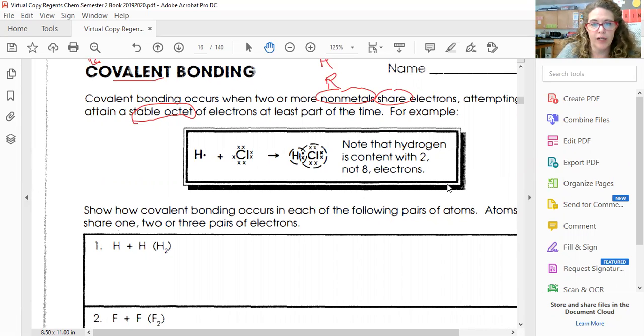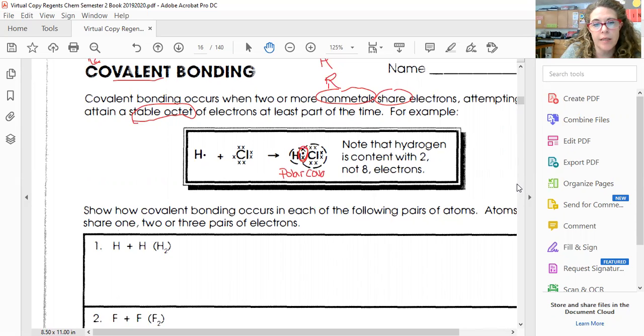Right, so if I look over here, hydrogen and chlorine, and sometimes we use X's and dots. In this case, we're using the X's around chlorine to show the share right here. This is where the sharing occurs. One of the pair comes from hydrogen and one of the pair comes from chlorine. You can use just dots, that is totally fine. So now remember, this is a polar